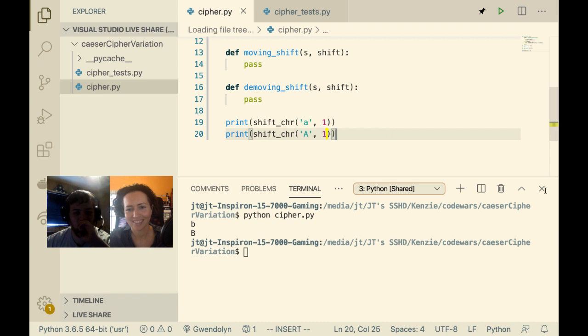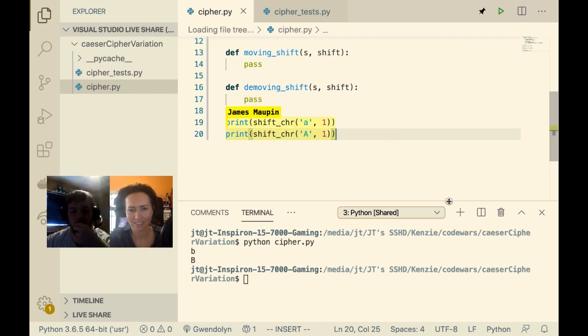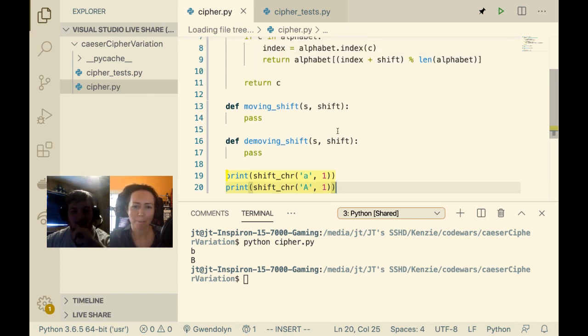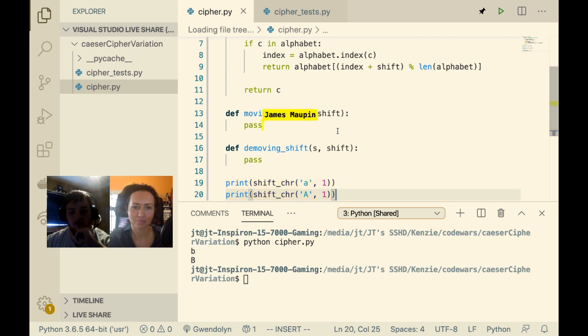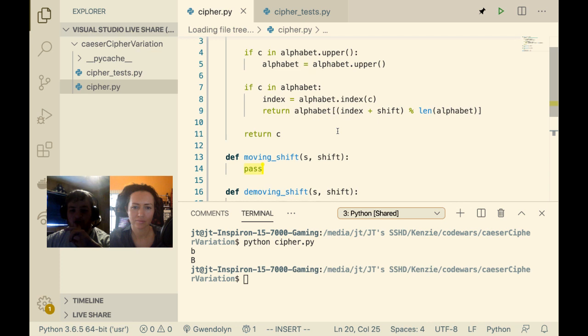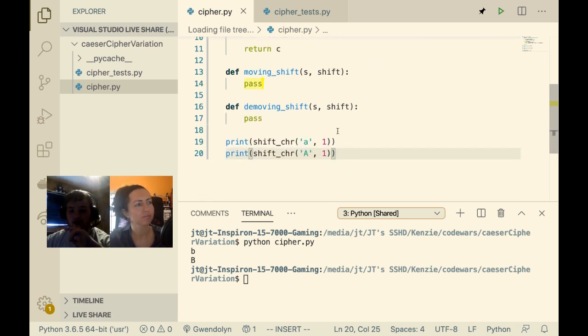All right, so that's the easy part done. This has so many pieces. Now, realistically, all we need to do as far as the string is concerned is loop through every character in the string, pass it to shift char, and increase the shift by 1 for each iteration of the loop, right?